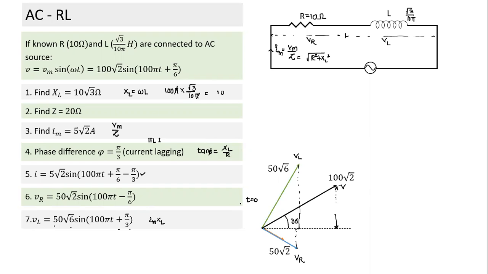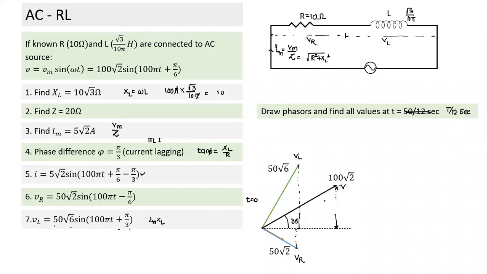And suppose I extend the question a little further. If I say draw the phasor and then find the value after time t is equal to T by 12 seconds. It's just better to understand. So what will happen after time t is equal to T by 12 seconds? What way will the phasor change?